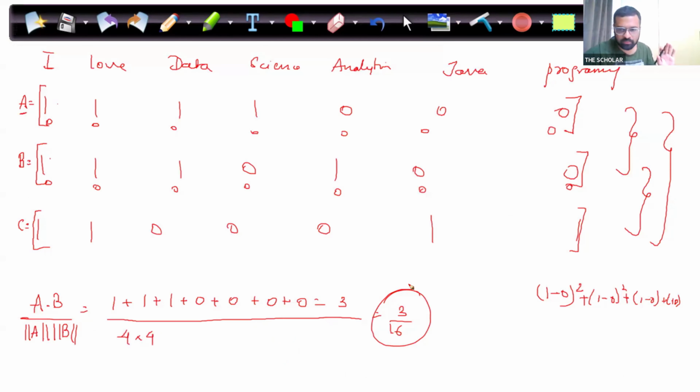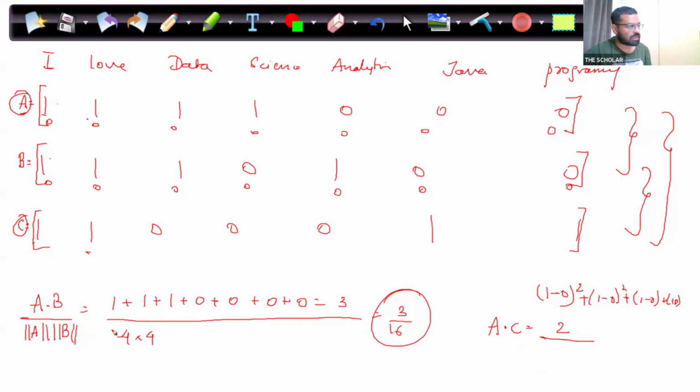Okay. Let's keep it aside. Now let's do the same calculation for A and C. First we'll calculate A dot C. That is 1 into 1 plus 1 into 1 plus 1 into 0 plus 1 into 0 plus 0 into 0 plus 0 into 0 and 0 into 1. 0 ही होगा है ना? तो 1 into 1 is 1, 1 into 1 is 1, बाकी सारे 0 ही हैं. That means 2, right? तो A dot C will be 2